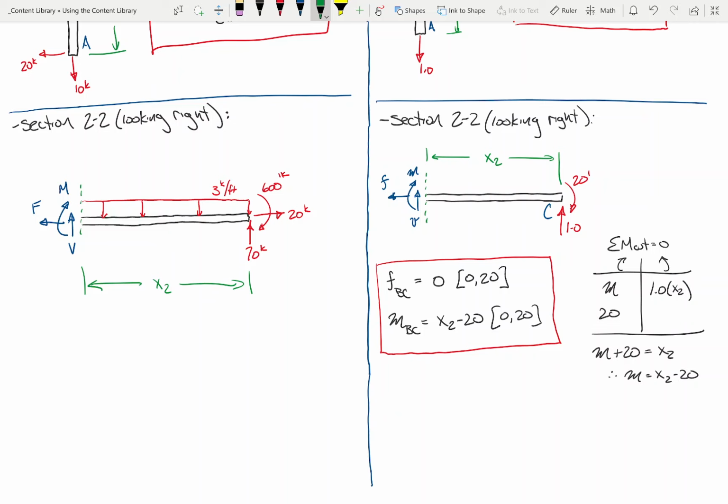So, before we start writing equations, what ought I to do with this distributed load? Collapse it, right? What am I going to collapse it to? What is that? 3x2. And from this end, we'll say x2 over 2, right? Tell me if I'm going too fast. Is this comfortable? Okay. All right.